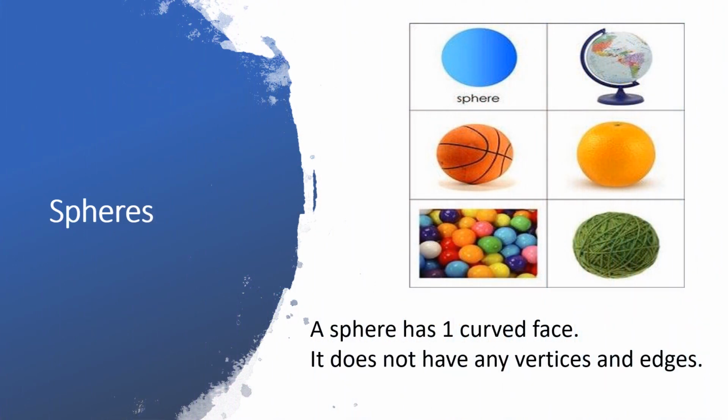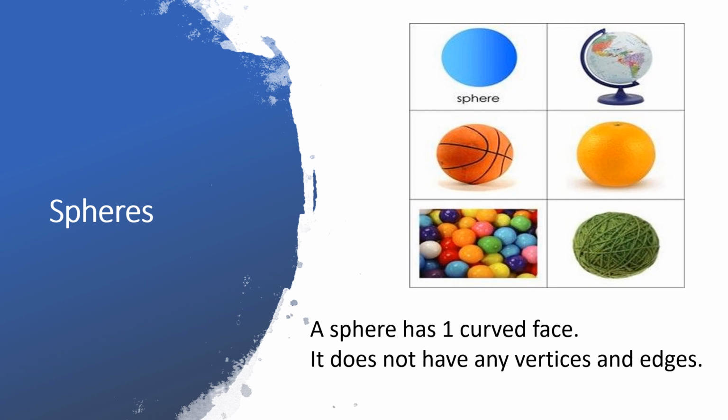Coming to the last one of the lesson, that is sphere. Now when I speak about sphere, what do you feel by the images given over here? Have you ever used any of these at home, in your school, at different places? Right. We have used a globe in school for learning geography. We had an orange. Your parents might use this wool to make different works, to make your sweaters and all. And a ball and other things you usually use for your playing purpose, right?